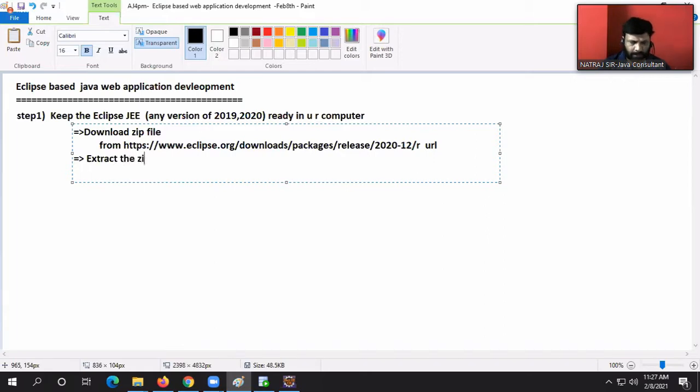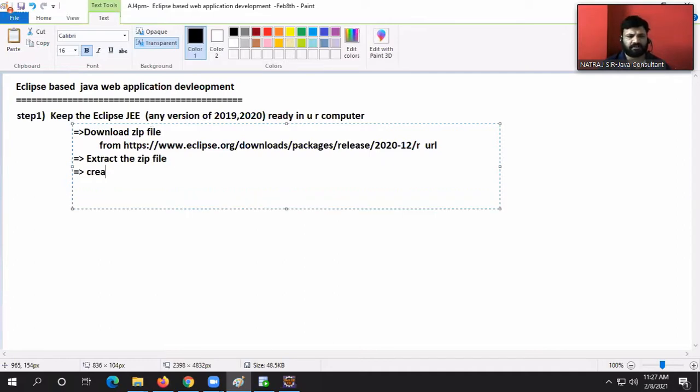Next, extract the zip file. Next, create a shortcut on the desktop pointing to the eclipse.exe file of the above zip file extraction.